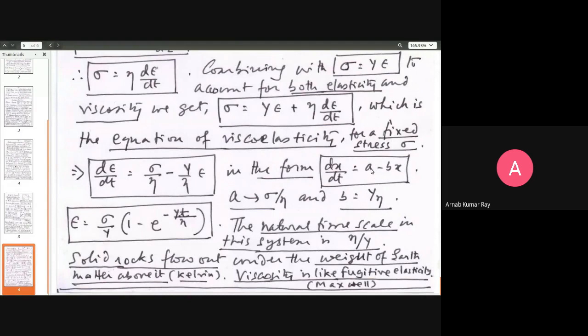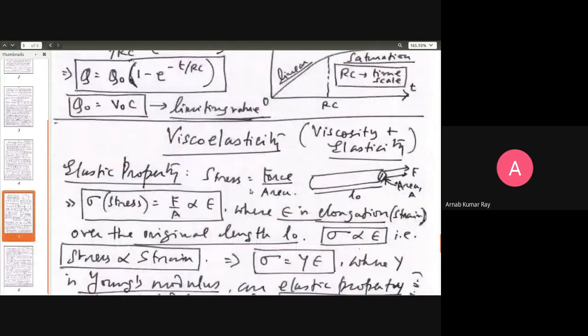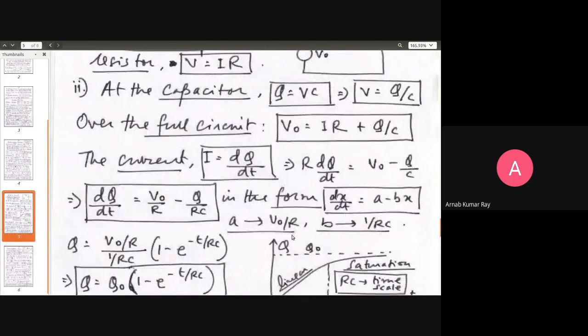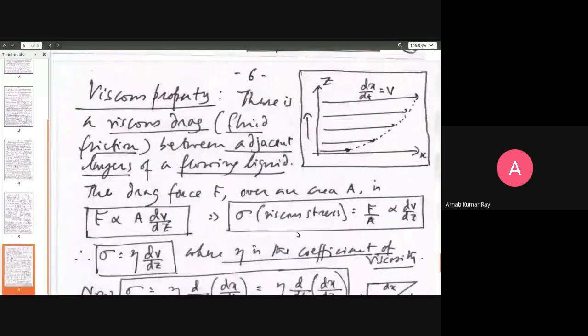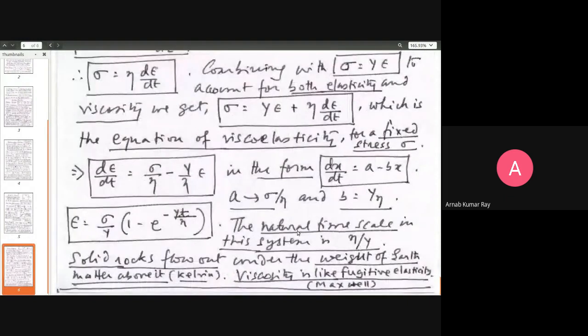But in that case, you can make x is equal to 0 at t equal to 0, but dx dt non-zero will make x grow, non-zero and positive. Assumption is, of course, that a and b are positive quantities. Here, all of them are positive quantities, q, eta, y. Similarly, here also, all of these things are positive quantities, v naught, capacitance, resistance. Nobody here may claim that he or she has used negative resistance in class 12 physics. Okay, A is equal to sigma by eta and B is equal to y by eta. Right, so there's a slight error over here. It should be y by eta.